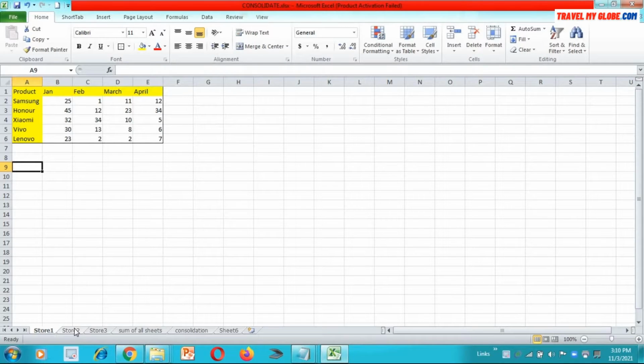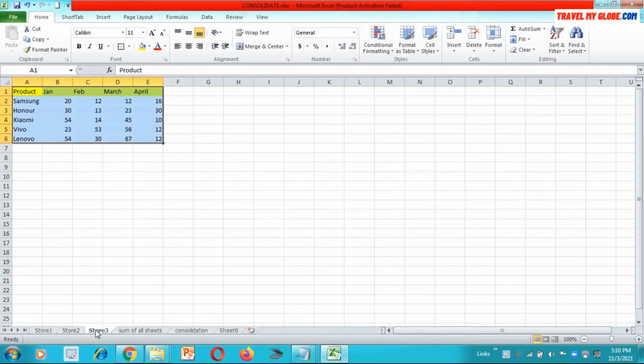And in the second sheet, which I have purposely stored with the name store 2, it is having different data. That means for Samsung, it has sold 10 quantity in the month of Jan, in Feb 3, in March 20 and in April 20.